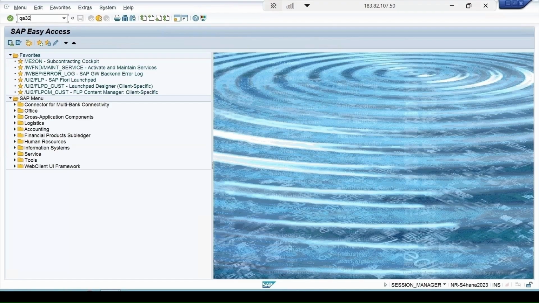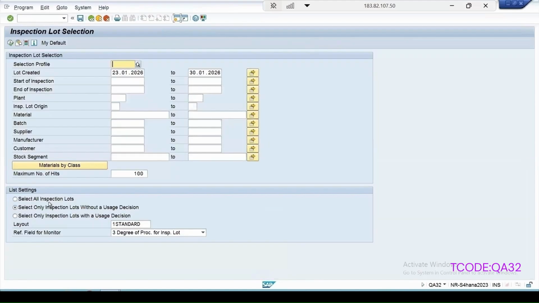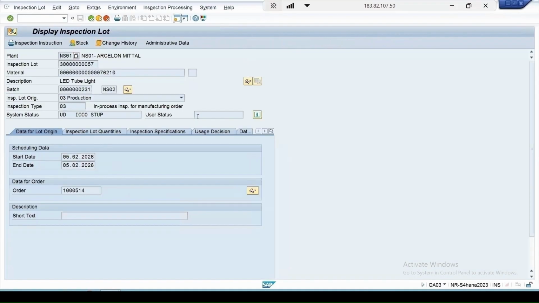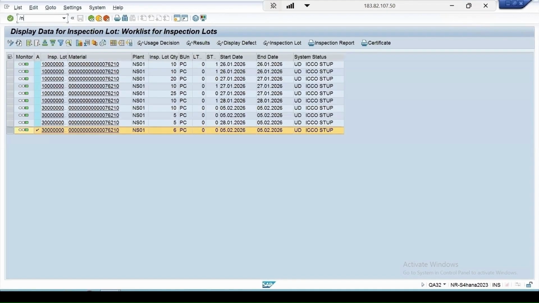QA32, press enter key, select all the lots, click on execute, select any one. Display mode I'm going. You don't find the document tab. To attach any document to my inspection lot, which I can refer, the configuration which will be required is, let